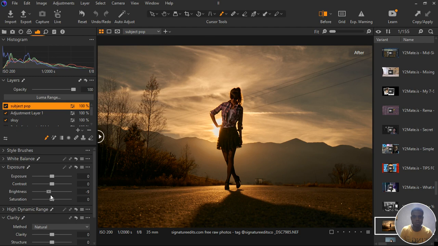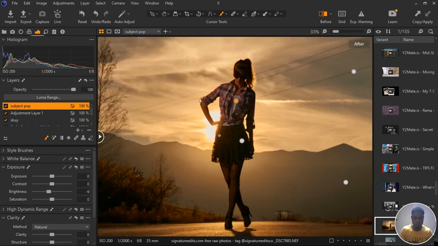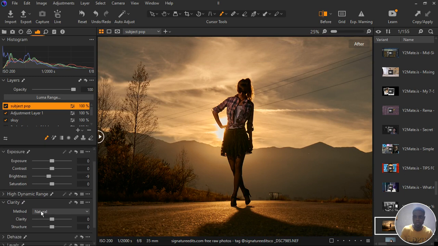So you can see what's actually affecting what. So if the sun is actually bright, for the subject to pop out more, you can decrease the brightness so that the sun won't actually bleed into our body. So you can see I'll make progress on that. So let's give it just a little bit of structure, that's too much, just a little bit, 4. And let's increase the saturation,